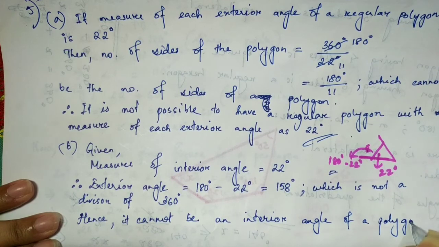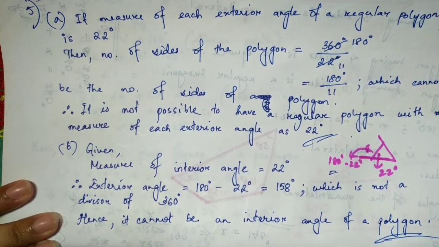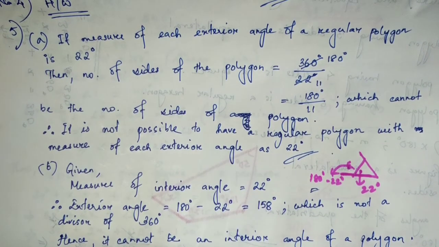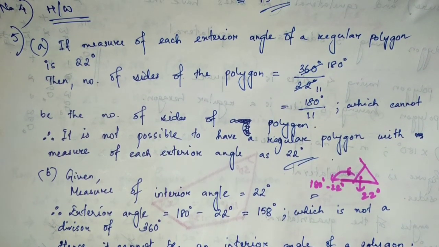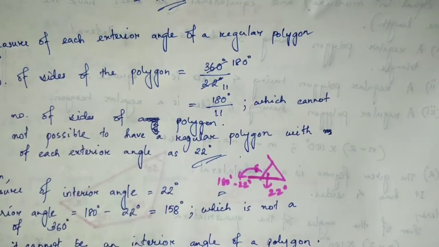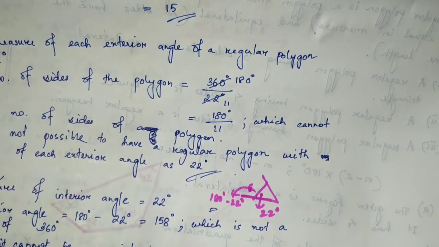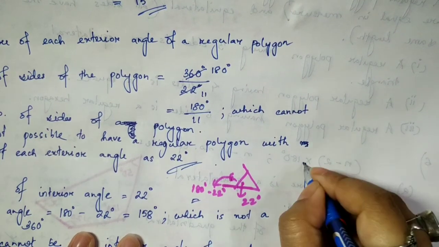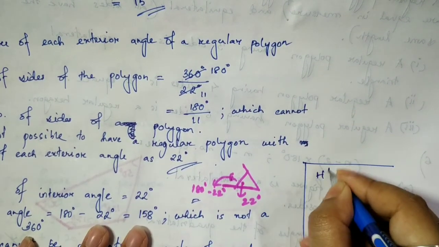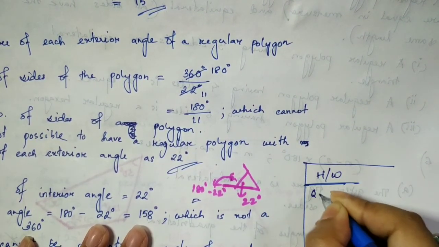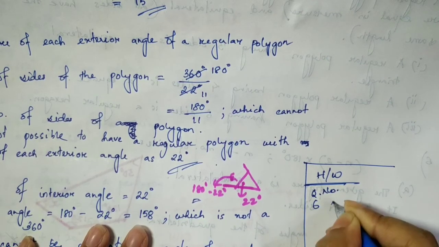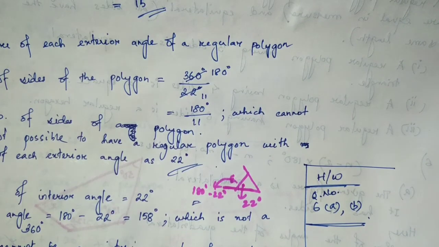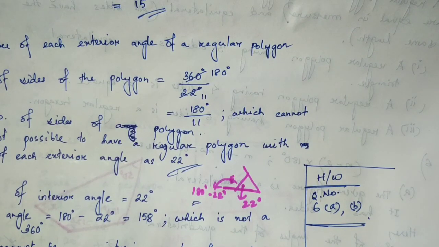So this is how we write this. Please, even if it is a geometrical sum, make sure that you write proper statements correctly. Okay, so after this you have the last question, 6. All of you, there is homework after this. You'll be doing question number 6, A and B. So this is the last sum of the exercise. Please try this one. If you have any doubt, please let me know.